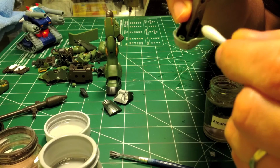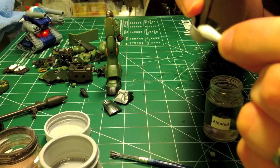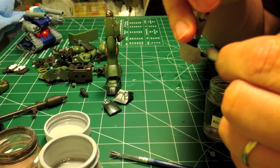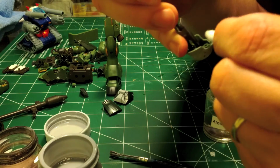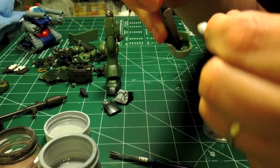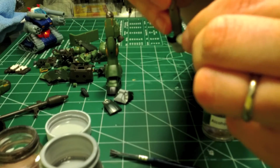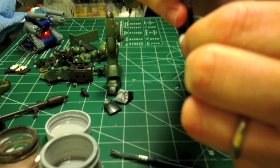The longer it's had to set and cure, the less agreeable it will be with trying to remove it like this, so it's best to do it as soon as you can. But this is also useful, so say we wanted to go back and actually remove that nice smooth surface that we have on there, and we don't want to use a lacquer thinner, because lacquer thinner will often attack plastic unless you're using something like Mr. Color Thinner, which is very much not...